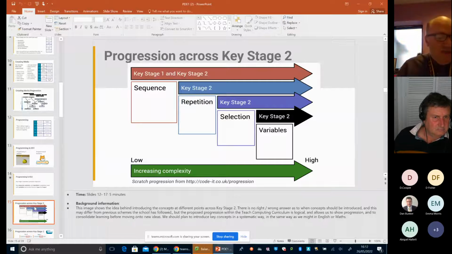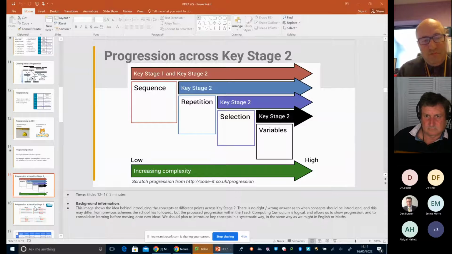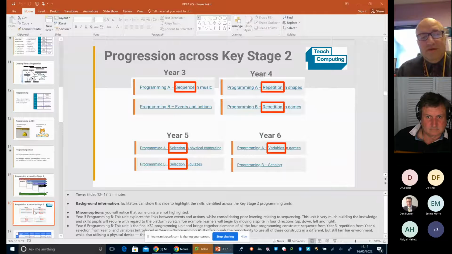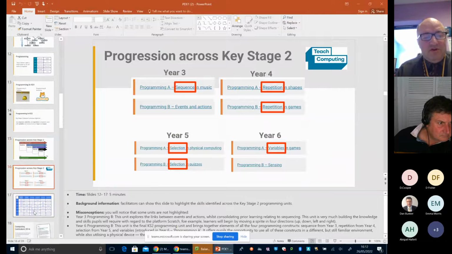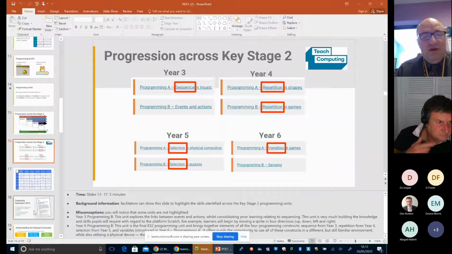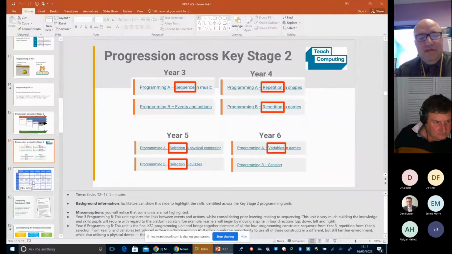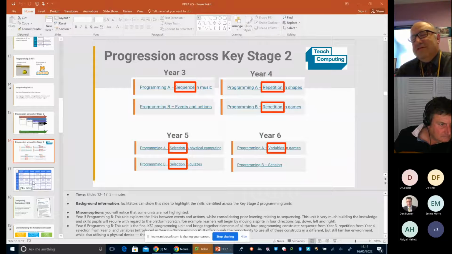There is more detail in what's expected at each level, but as I say, there we go, a bit more detail for you, looking at the progression. But for each of these stages, the NCCE have a complete set of resources.